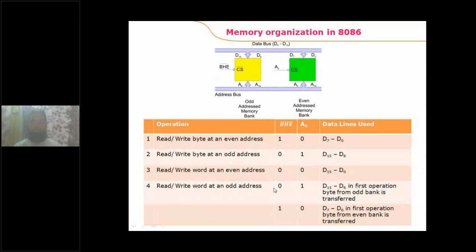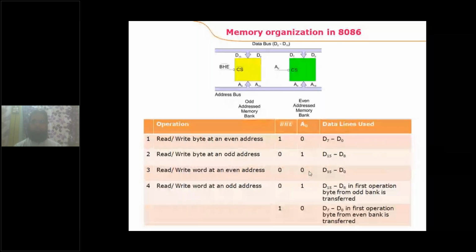In the first three combinations, we have seen the 8086 processor can access a word at an even address. It can access a byte at an even address as well as an odd address. But there is no such option using which the 8086 processor can access a word at an odd address. Word at an odd address means, let us take an example, MOV 4001, AX. 4001 is an odd address. So if such an instruction is available, how can the processor access a word at an odd address? Word at an odd address means the lower byte from the odd address and the higher byte from the even address. In this way, the word will be accessed.